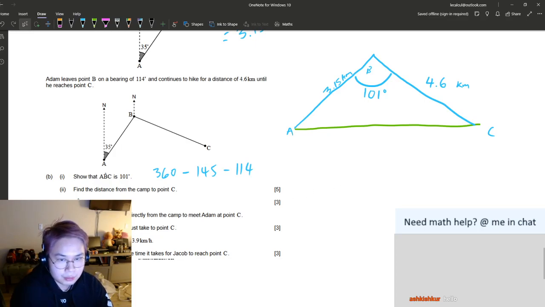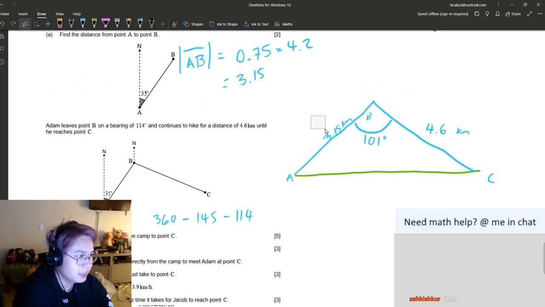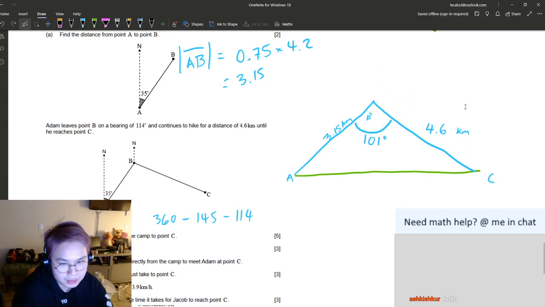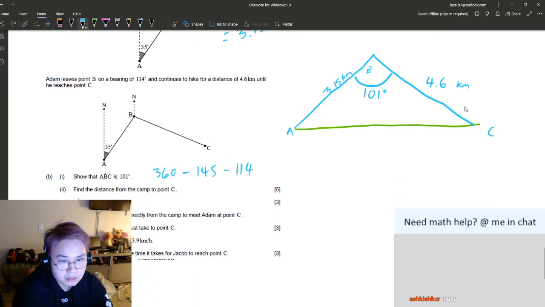Okay, so ultimately we are trying to find the distance from the camp, which is at A, to the point C. And then we do have a side, an obtuse angle in between another side. So this is pretty cut and clear that we're going to use cosine law. So little c squared is equal to,